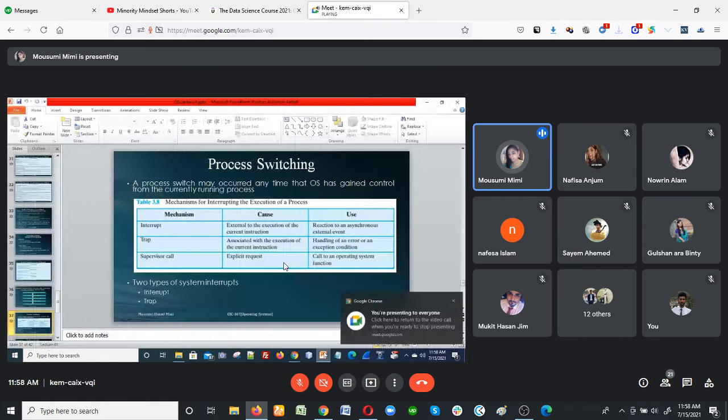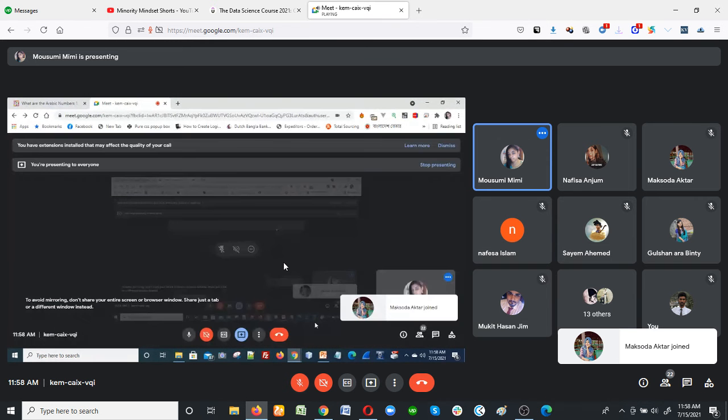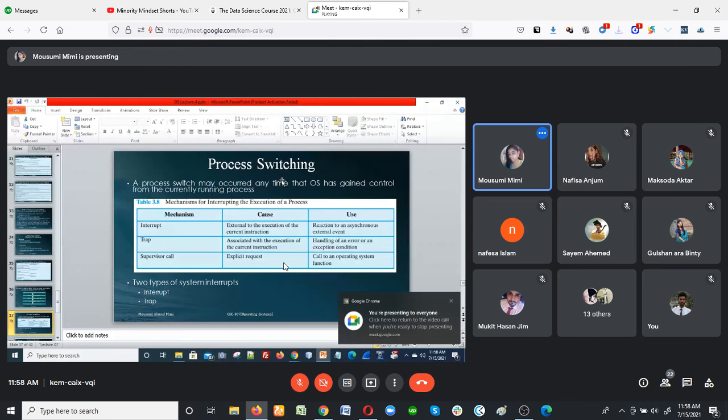What is actually a trap? Trap means that whenever I try to install an application software, but for some reason I cannot install it. That reason could be that it needs to be installed for a 32-bit operating system, but I did not check it. I try to install for 64-bit.